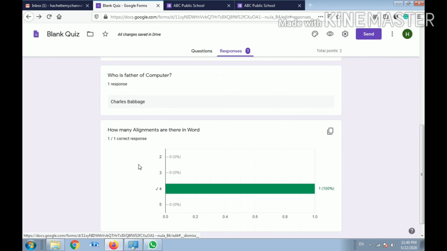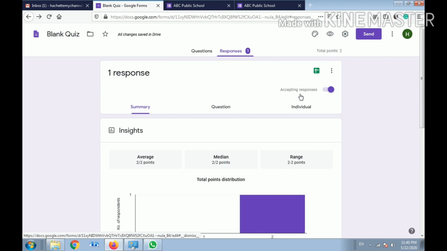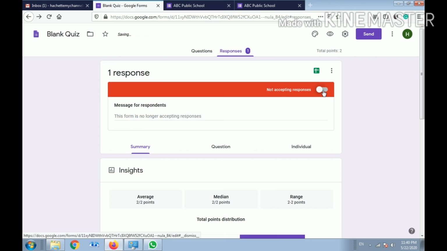These questions they have attempted and this answer they have attempted. So if I want that a student should not take the test now, like I have already taken this test, so that link should not be valid any more times, here accepting responses is written, you can click over there. Now it will not accept any response. So whoever clicks on that form link, it will not open.